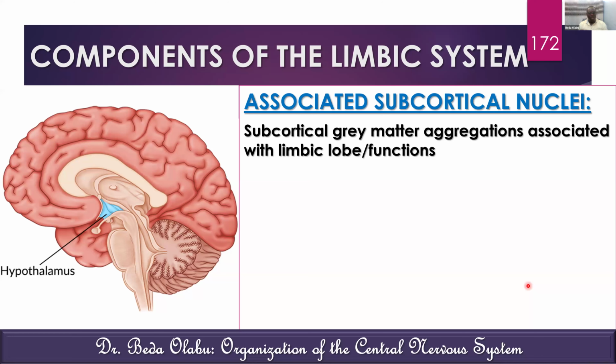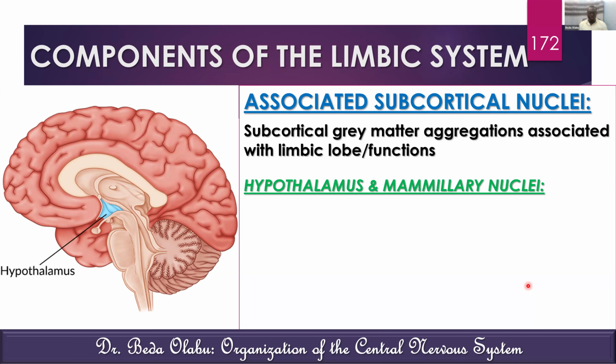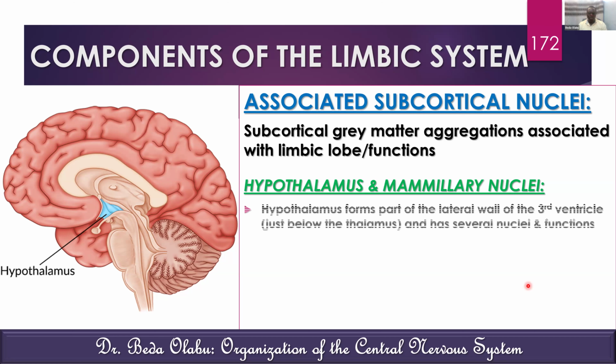The other subcortical nucleus to talk about is hypothalamus. We'll talk about hypothalamus in the context of the limbic system. Hypothalamus has several functions because it has several nuclei within it. It forms part of the lateral wall of the third ventricle, and it's located just below the thalamus. The sulcus separating thalamus and hypothalamus is this region, which we call the hypothalamic sulcus. So there are several nuclei within the